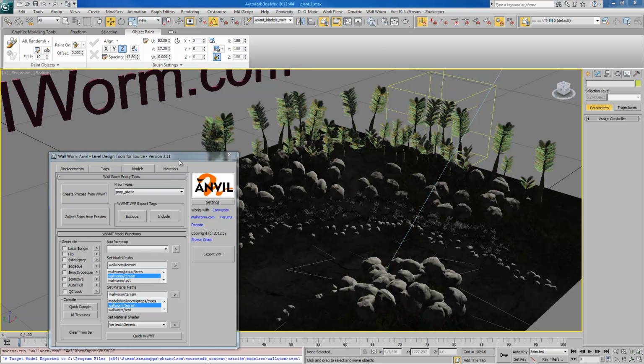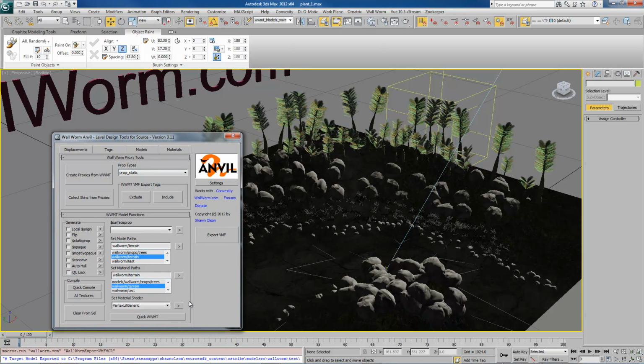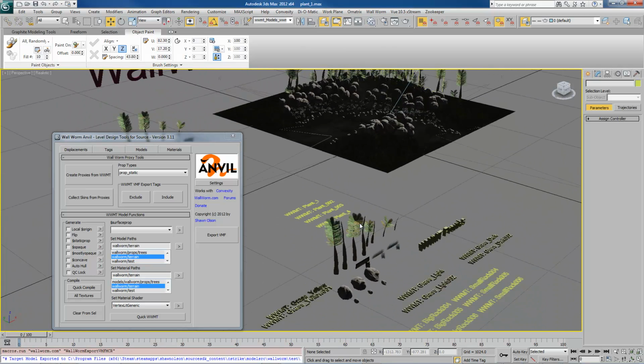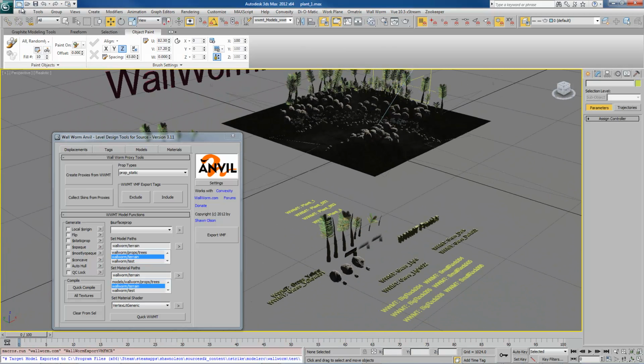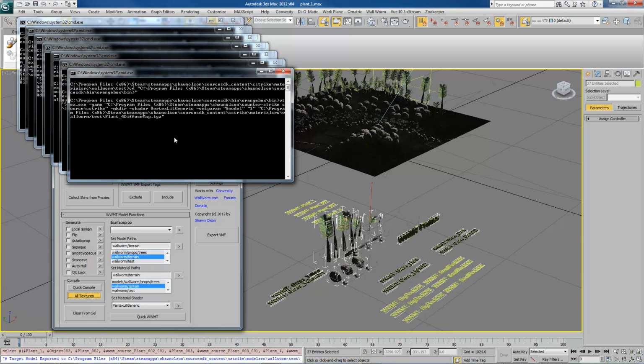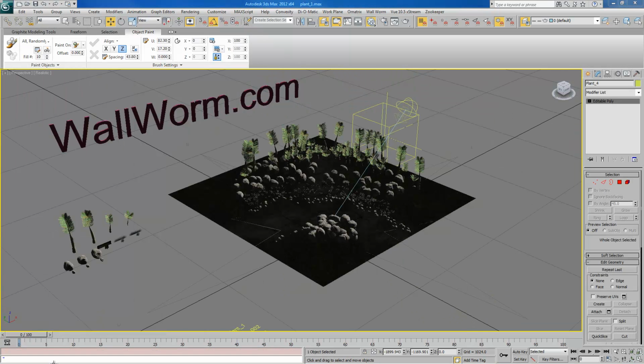And before I forget, we also need to export the textures, which I didn't do yet. So again, just like with the models, we select all of the helpers that are in the scene that belong to the models, and then we just hit all textures in this compile option here. So it's going to go through and compile all the textures. So we've got all the textures exported,